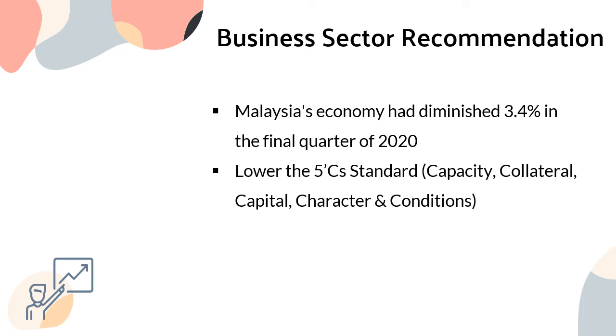The branch manager may lower the 5 Cs to a more fitting standard, without loosening the regulations, so the business sectors could proceed with the borrowing and expand their production. This could also stimulate the economic market of Malaysia, which can reduce the unemployment rate and increase confidence from overseas investors. Despite this global interference, there are several business companies that are getting better and doing great.